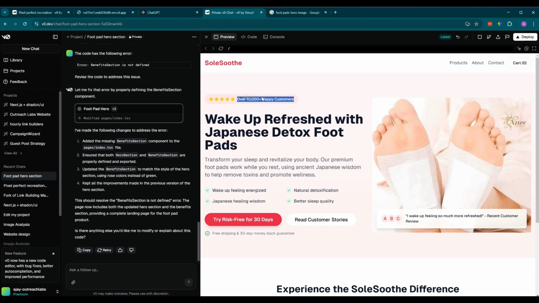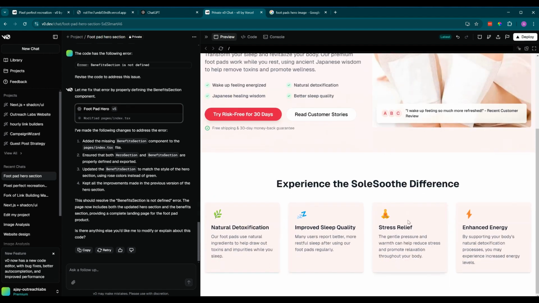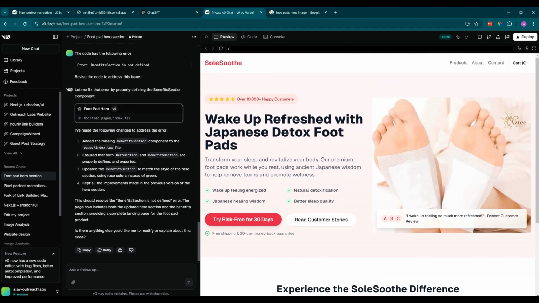I also want to highlight something important. Tools like this don't replace your entire team. They simply jumpstart the early phase of your creative process, like knocking out those first 20 iterations that used to take forever. Now you're miles ahead, whether you're doing this yourself or collaboratively with someone else. The difference between starting at zero and starting at version 12, the refinement process just becomes a lot smoother, a lot faster. We've used this approach for standard websites, but it's also incredibly powerful for SaaS, like software as a service applications,